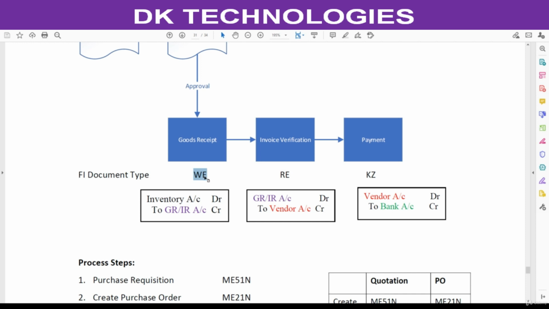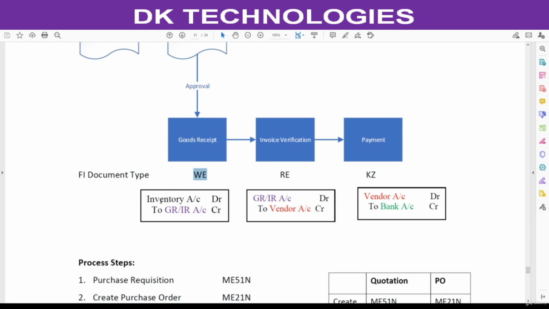In our case, I don't think we are going to face any issue, since we copied our company code from the standard one. At the time of copying, we copied number ranges as well. This is the job of an FI consultant. For your information, I mentioned this document type.